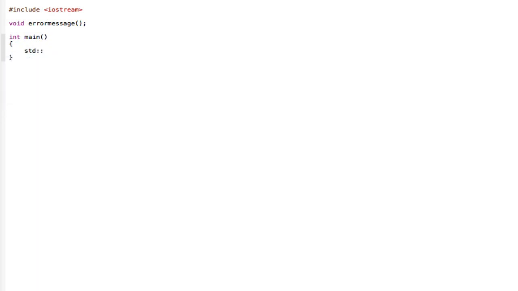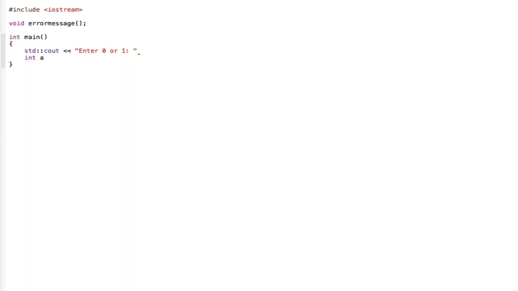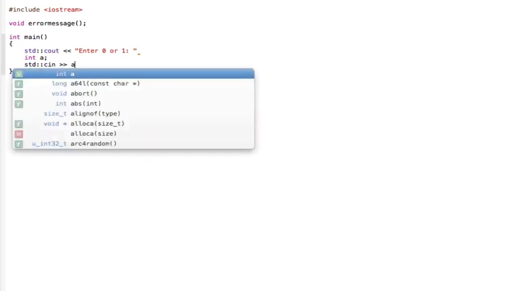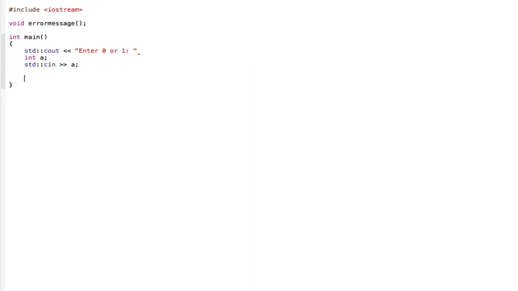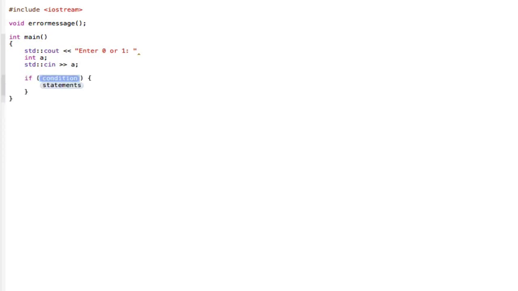std cout, enter 0 or 1. Next line will be to declare a variable, so int a. std cin a, close that off, and then have an if statement saying if the condition will be a is not equal